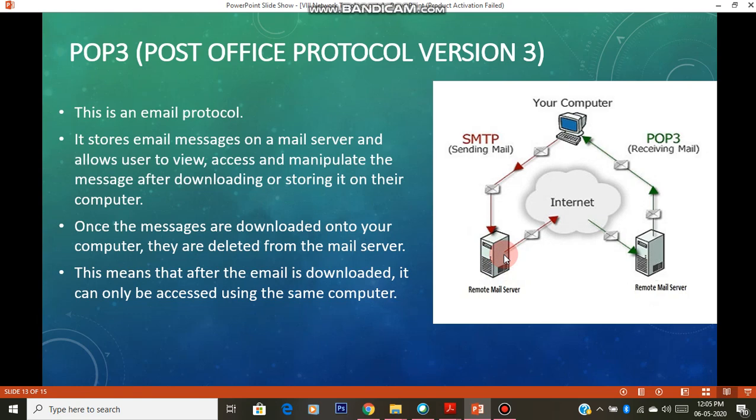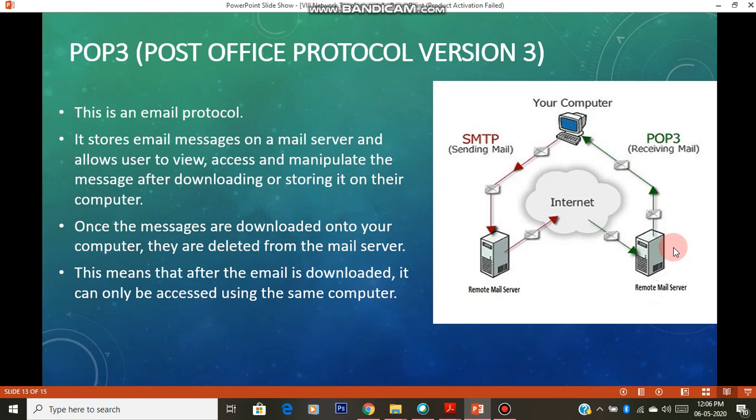When you download the mail to your computer, that particular mail is deleted from the server. Got it? Once you download it completely to your computer, that mail will be deleted from the server.